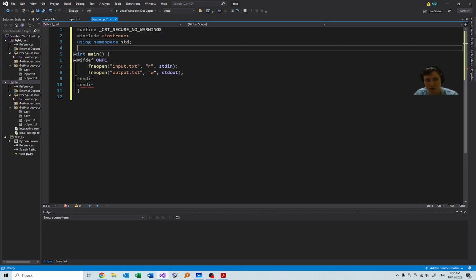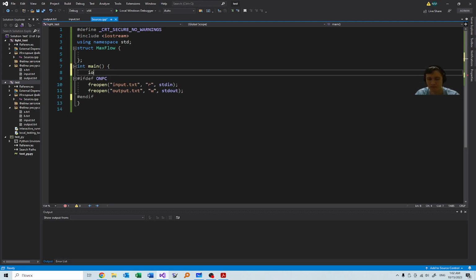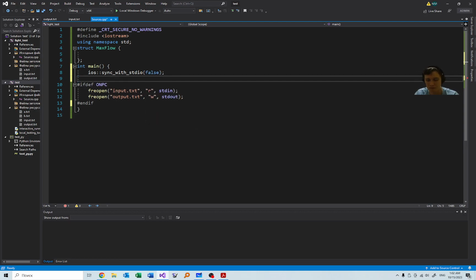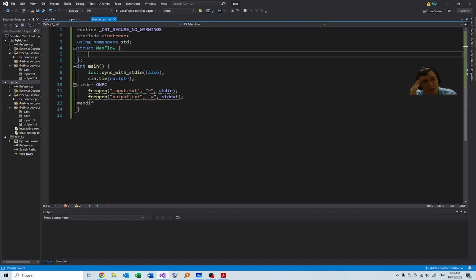Okay, first of all, we need to check whether there is a flow, to find max flow. And how can I do it? I will just write